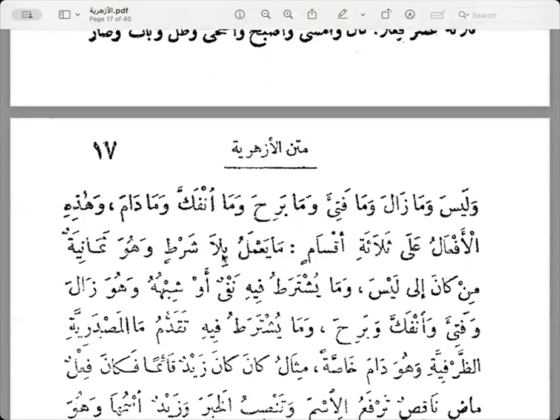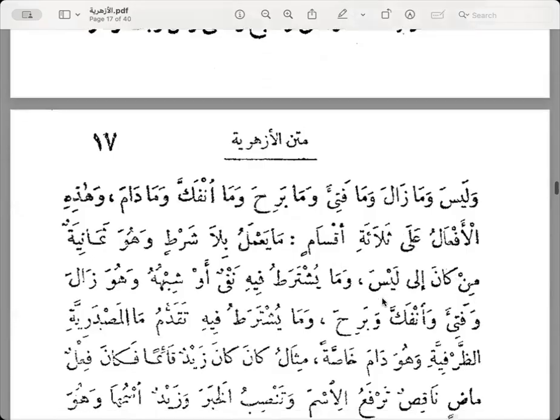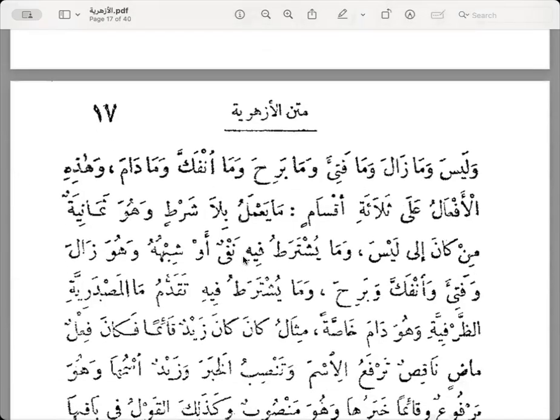ما يعمل بلا شرط وهو ثمانية من كان إلى ليس, fine. وما يشترط فيه نفي أو شبهه. This concept شبه النفي usually is going to be a question, a prohibition, or a negation, right? So when we look at the istithna, and we say things like